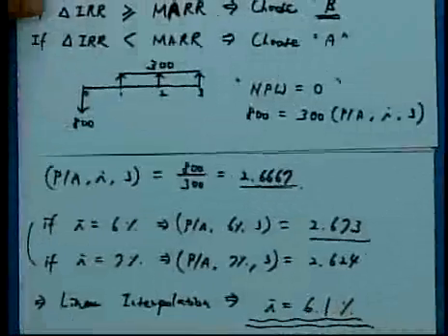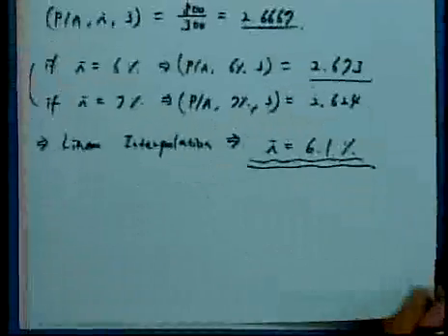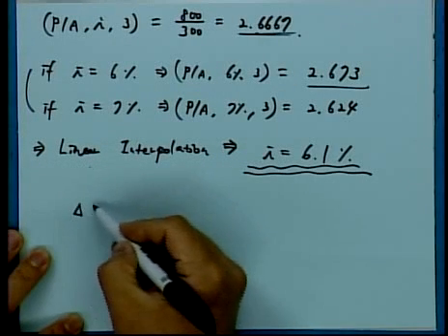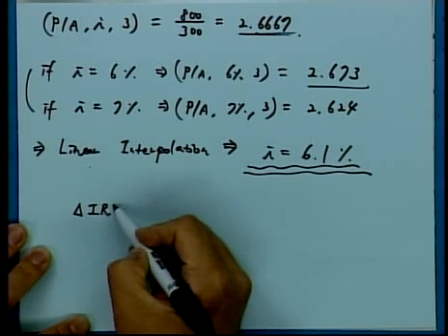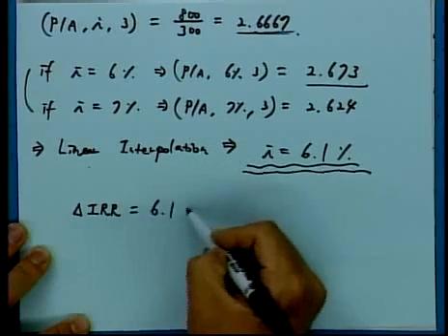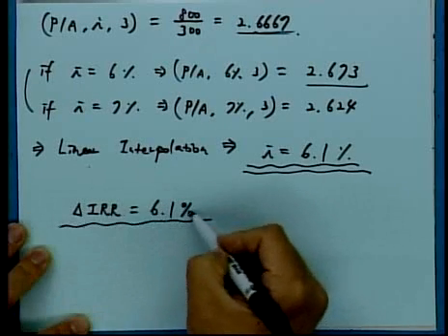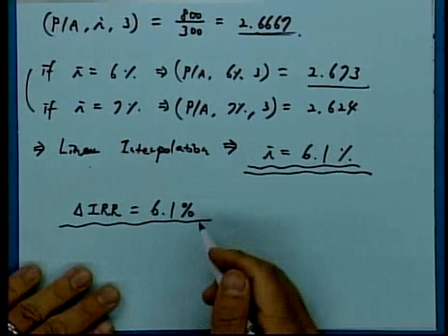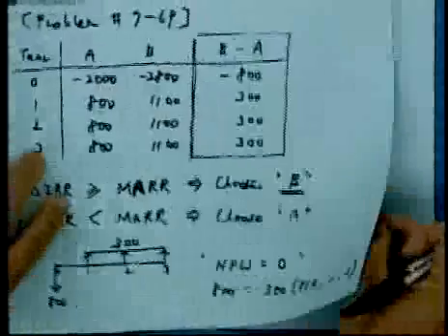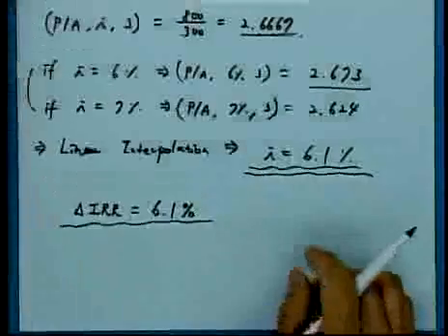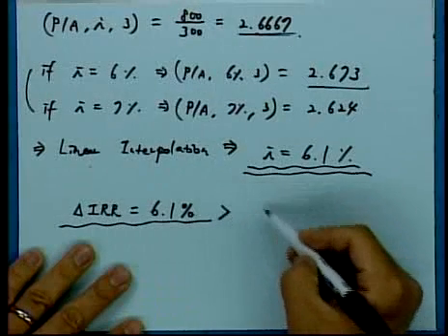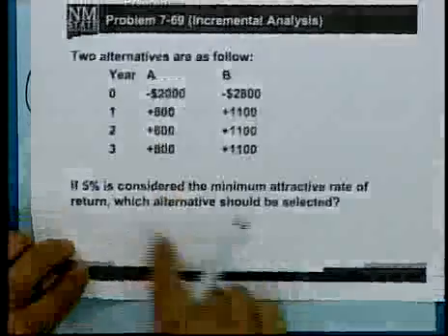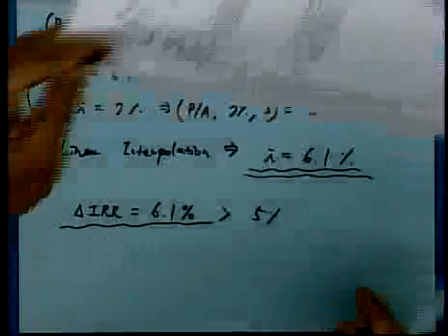Which means that the incremental rate of return value would be 6.1%. Because the rate of return on the increment based on B minus A exceeds the 5%, which is considered as the minimum attractive rate of return,